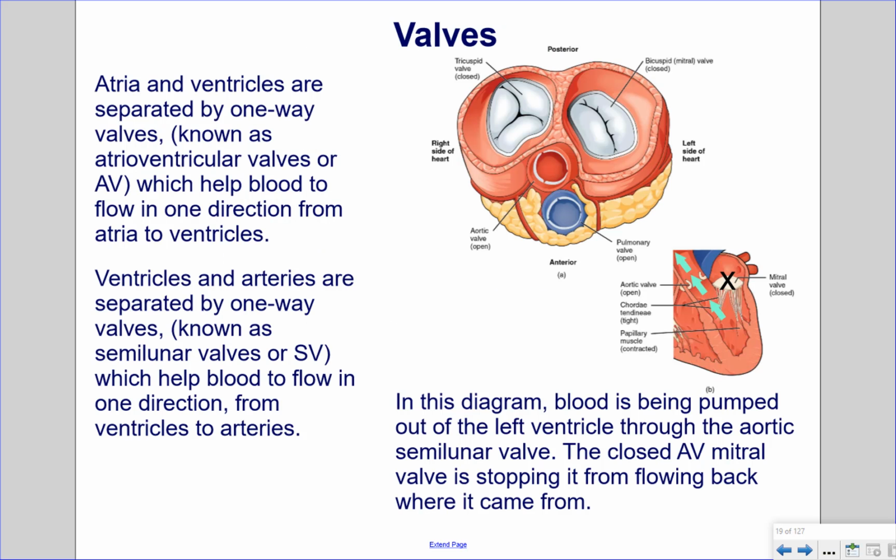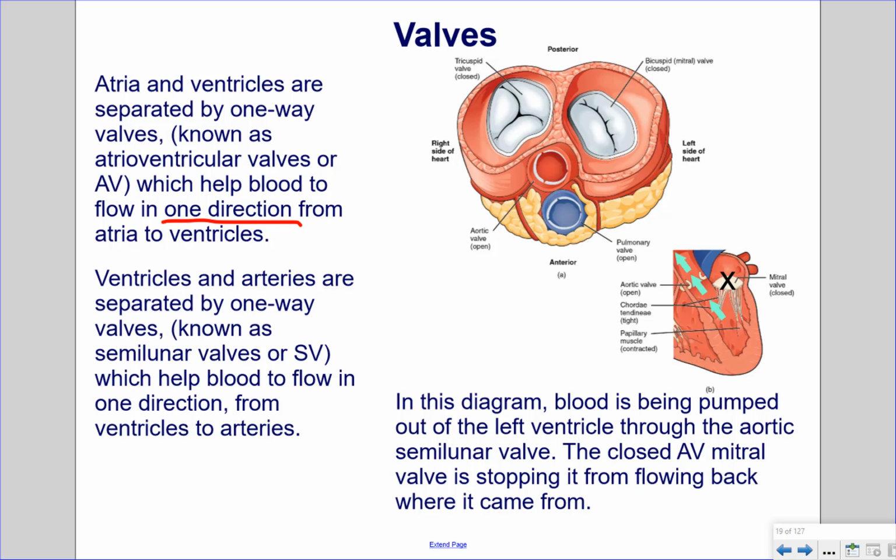Valves. Atria and ventricles are separated by one-way valves, known as atrioventricular valves, or AV, which help blood to flow in one direction from atria to ventricles. Ventricles and arteries are separated by one-way valves, known as semilunar valves, or SV, which help the blood flow in one direction from ventricles to the arteries. In this diagram, blood is being pumped out of the left ventricle through the aortic semilunar valve. The closed AV mitral valve is stopping it from flowing back where it